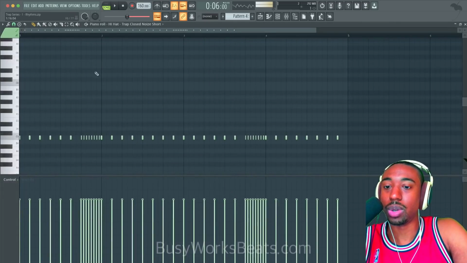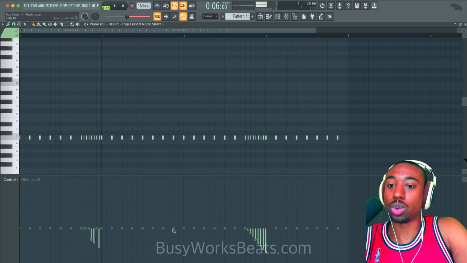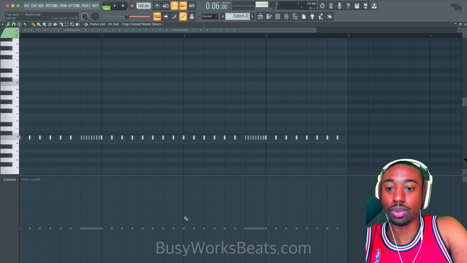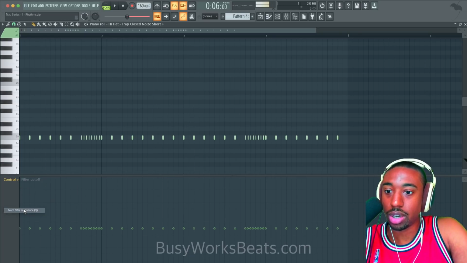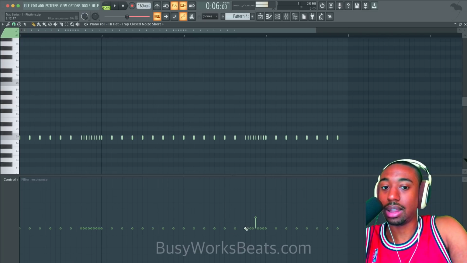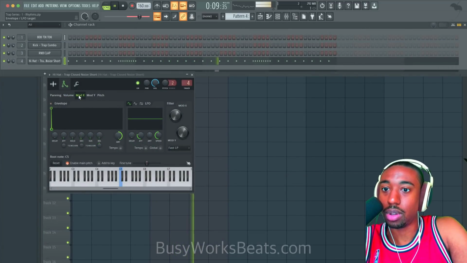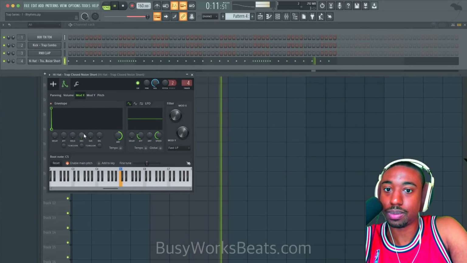Okay, so in this case, you wouldn't really need all those automated controls because the actual sound itself has it in there. So there's two different ways to achieve this sound. But I wanted to show you that because that's how you get that sound that you're talking about, that lasery type of part of the 808. Let me change up some of the envelopes so it doesn't sound too muffled and too sharp.